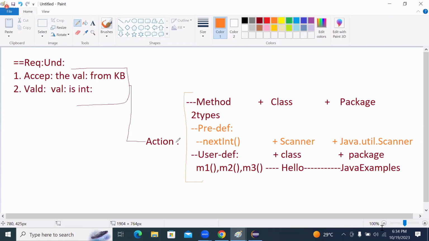To perform the action, we take the help of a method. That method is available in a class. That class is available in a package. That package is available in